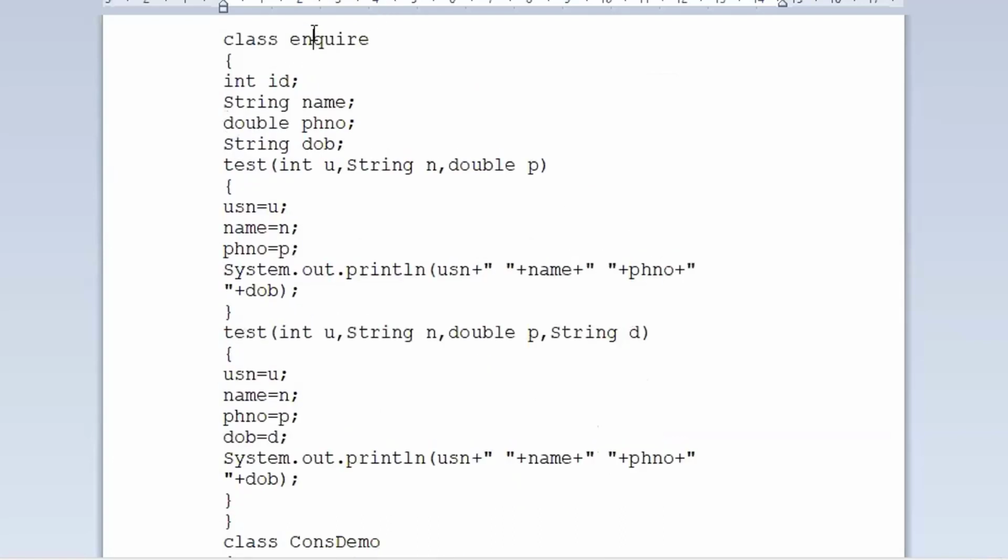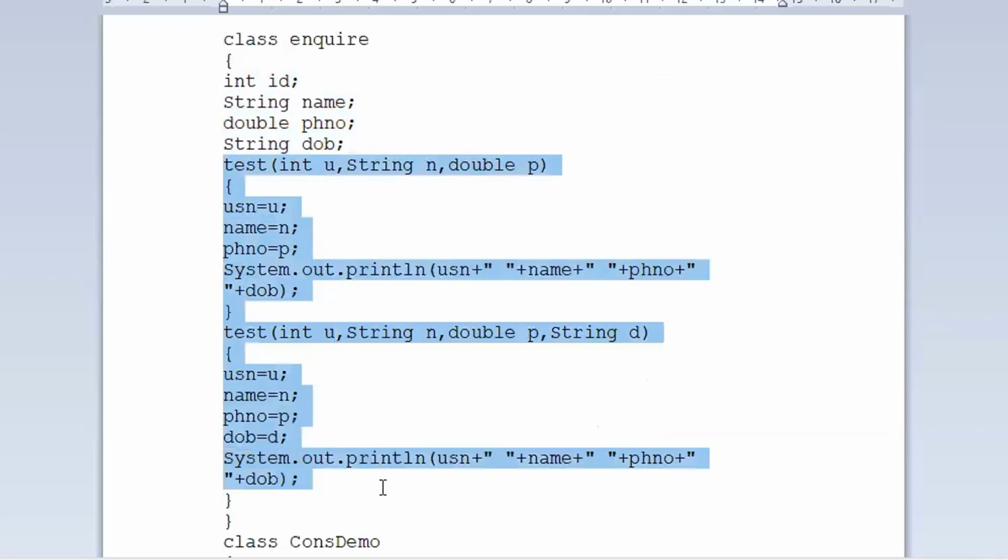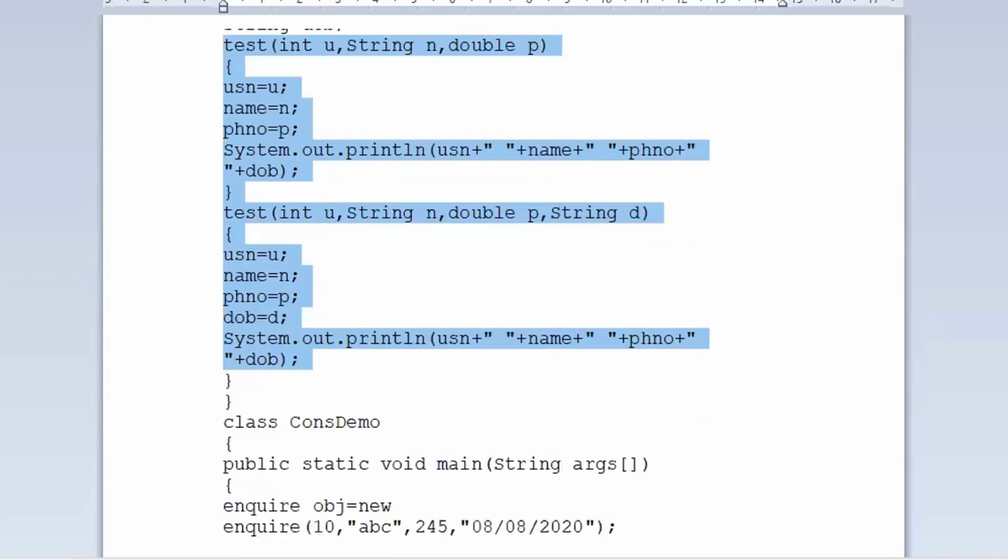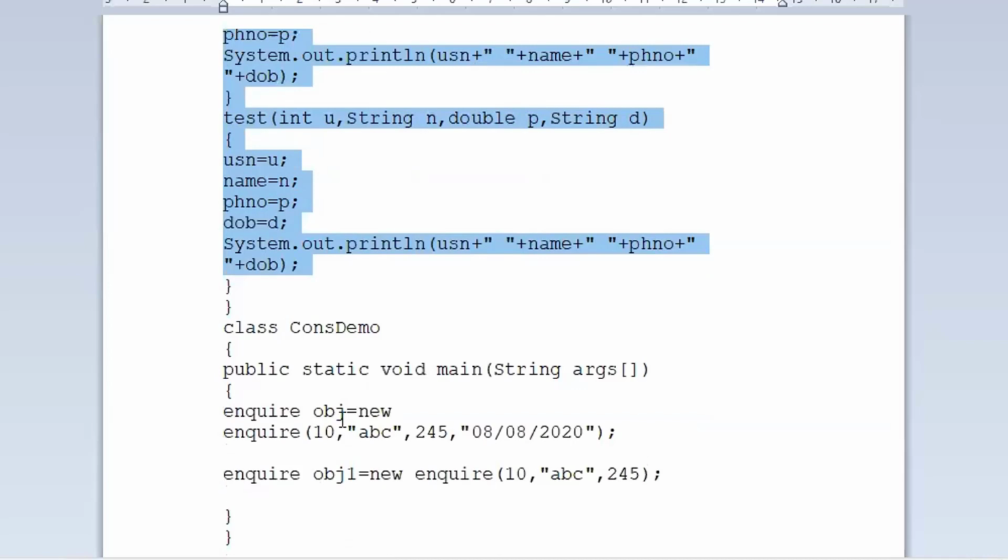I have a class called enquire. Within that class, I have 4 instance variables and 2 different constructors. Please be clear with my statement. One constructor is taking 3 arguments and another constructor is taking 4 arguments, right? In the main method, I have created objects of the class.